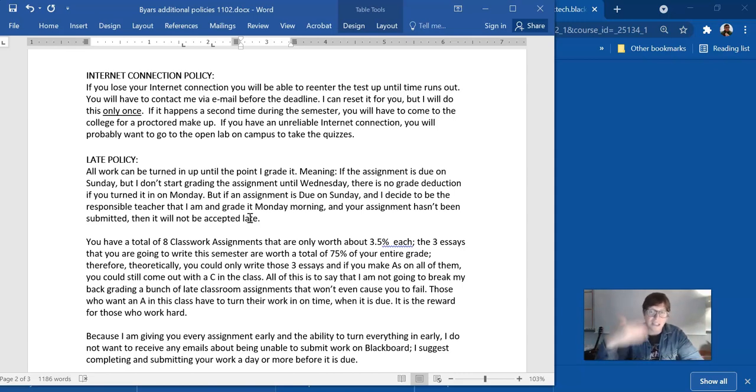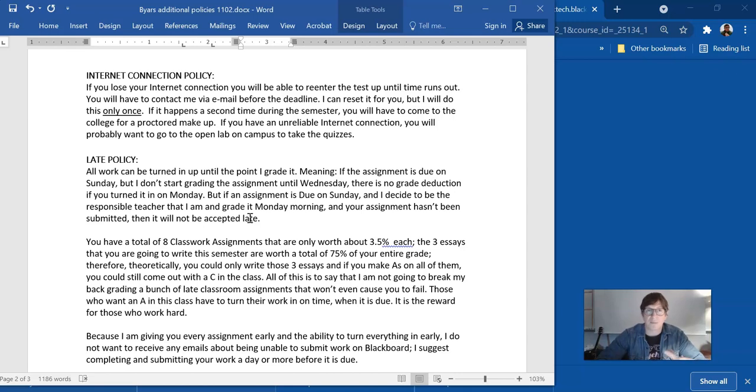Now, some of you turn your work in late, which actually benefits those of you who turn your work in on time, because I grade the work based upon when it was turned in. Who turned it in first? That's just the way it comes to me. I go to grade assignments, and it gives me all the assignments that people have turned in in chronological order of when they submitted it. So if you're the first one to turn in an assignment, you're the first one I grade, which also means that if you're the last one to turn in an assignment, you're the last one I grade.